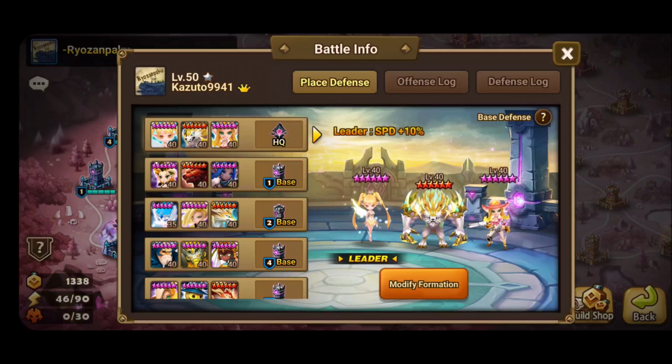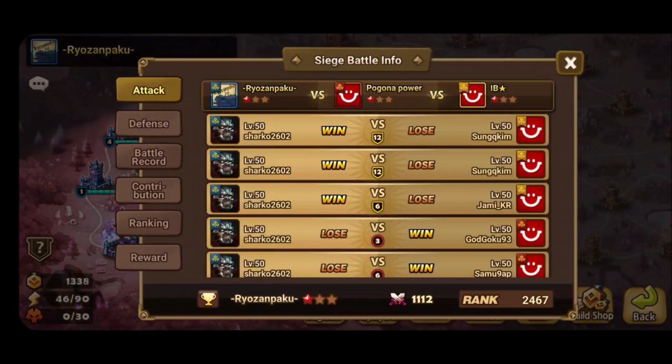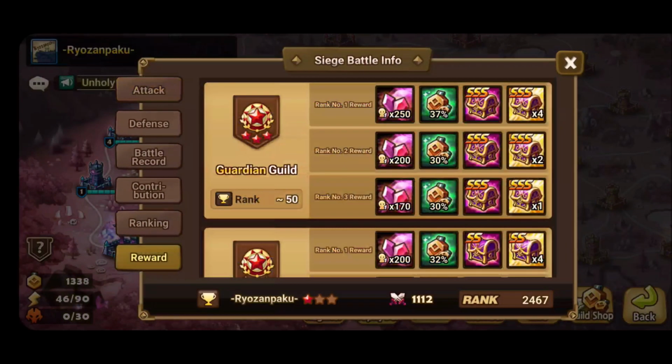In today's video I'm going to give you 9 ways to make your siege defenses stronger. But before I do, for those who are not familiar with why this is important, your guild is awarded a certain number of points and crystals based on the number of total points you get in a siege battle. And that's also based on the rank that your guild is. So for example, if we go into info here, and we are a G1 guild,